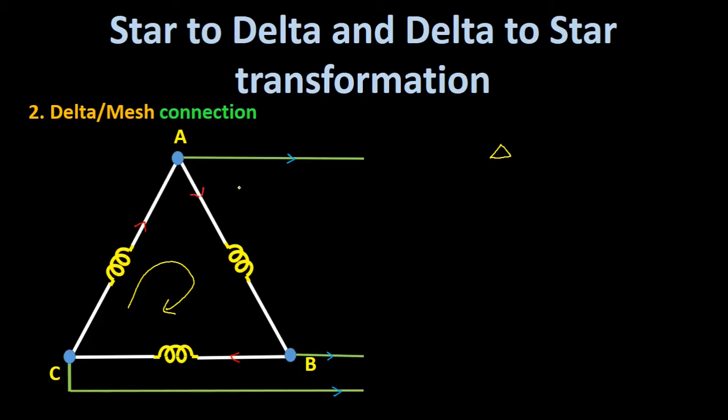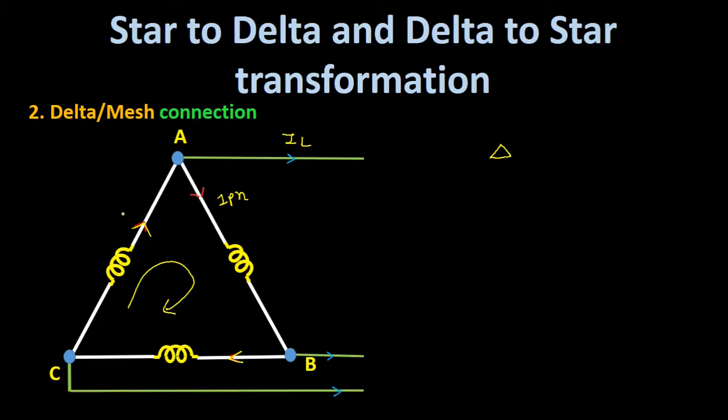Okay. So here the current through the winding is called as phase current, which is denoted by IPH. Since we have 3 windings, 3 phase currents will be there, and the direction of the phase current will be as shown in the figure. This is one phase current and this is one phase current. Now line current is the current which is flowing through the line conductor. So here 3 line currents will be there because 3 wires are there. So it is denoted by IL.